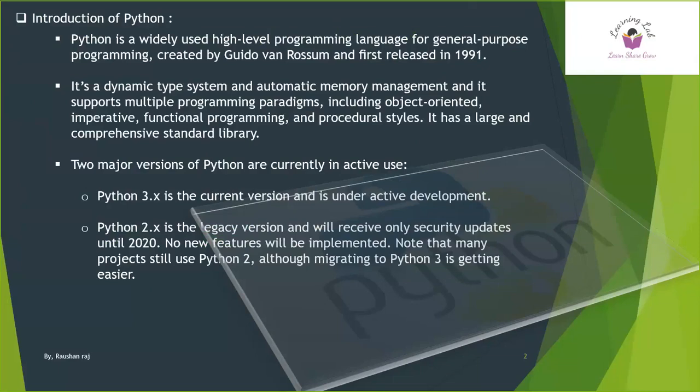So why is Python that popular in our IT industry, right? Why is it widely used in our IT industry? We can see what is Python. Python is a widely used high-level programming language which is created by Roshan, and it was first released in 1991. Right? It's a dynamic type. It has automatic memory management, like